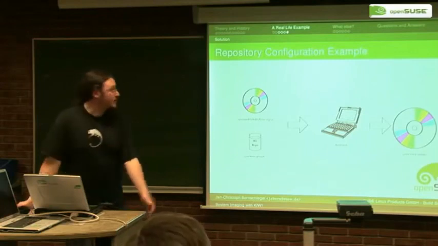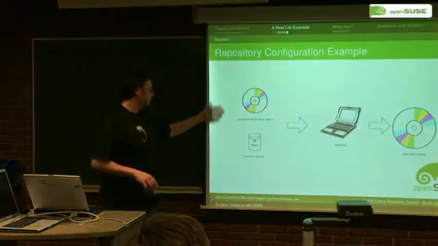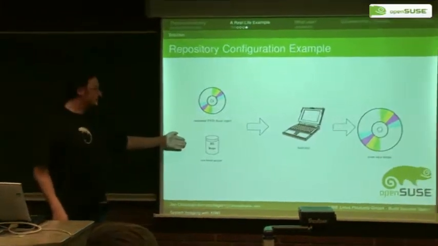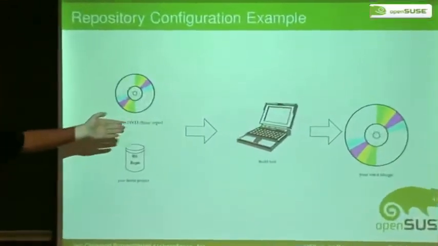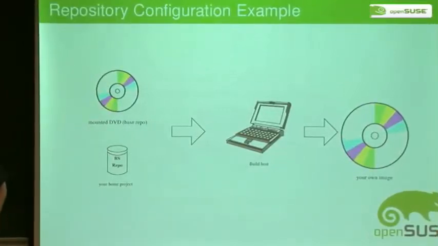So the scenario is that you have a mounted DVD or a mounted online repository, you have your build service home project containing your package. You have a build machine using Kiwi and you create your own image on a USB stick that you can boot and make your demonstration from hardware, and you don't have to care about what the machines are. You don't have to prepare anything the night before. You just plug in your USB sticks, boot from them. Of course, you have to make sure that the machines actually can boot from USB. Some old machines don't. And then everything's fine. You get an A+++,